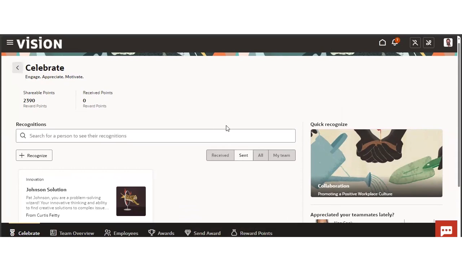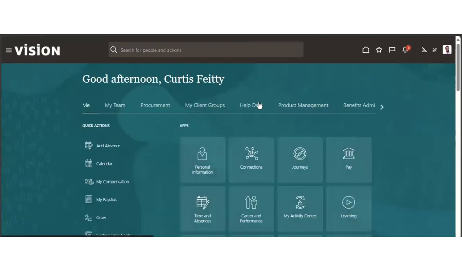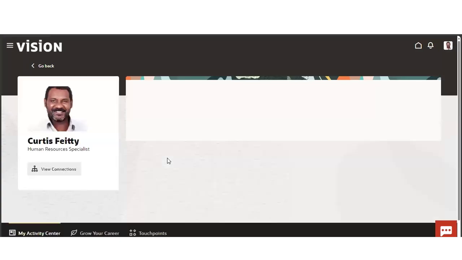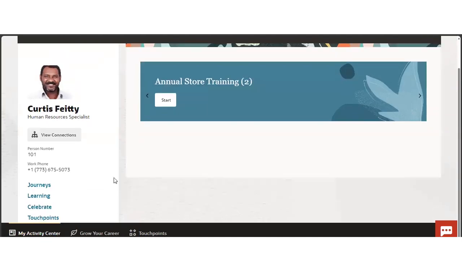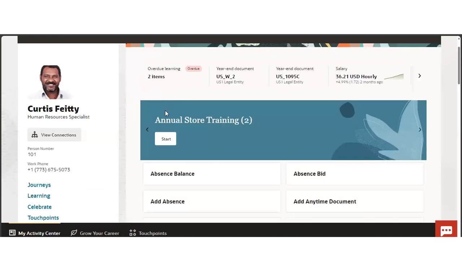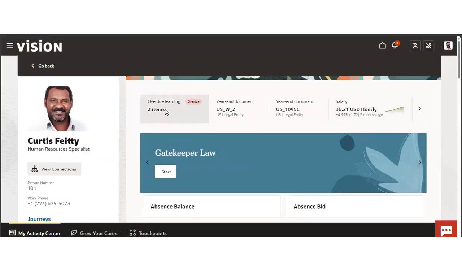So before moving on to the line manager, let's quickly look at the activity center, because here it will give you a better view as an employee. So as I was talking about, it comes with an image and contact details. It also suggests based on the employee profile. It gives out the training, what all is suggested. So apart from that, it shows what all learning